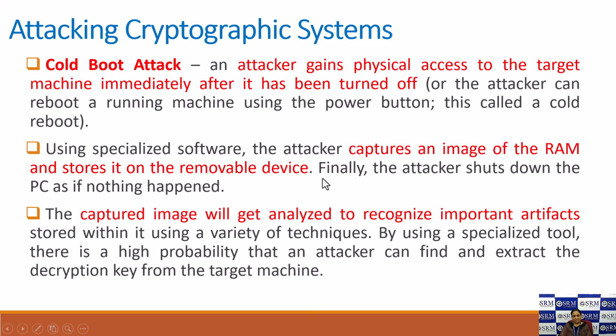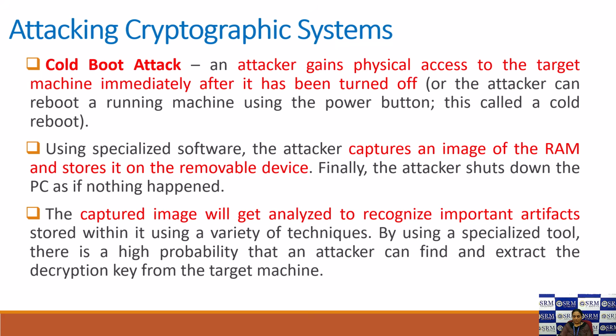Cold boot attack is the other way, right? An attacker gains physical access to the target machine immediately after it has been turned off. Immediately, right? You might ask how this is possible when you are turning off the system. It is possible by using the power button. The attacker can reboot a running machine using the power button. This is called a cold reboot. That means if the machine has just been turned off and we do a reboot, some information is still available there. That information can be captured because RAM